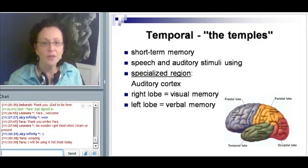So if you meet a new person and then they go away and then they come back and you try to remember their name, but you recognize them,